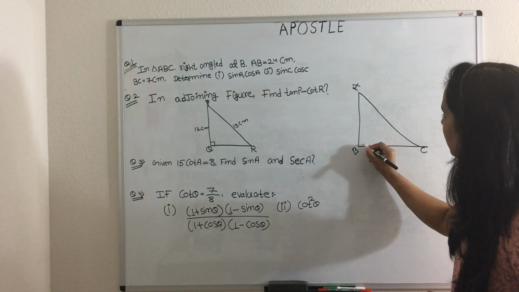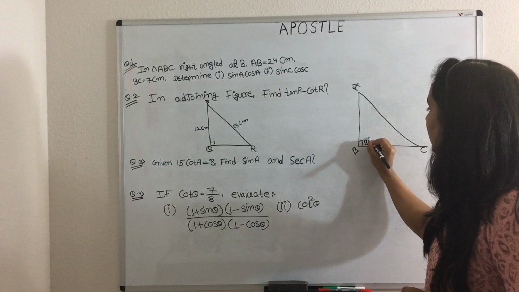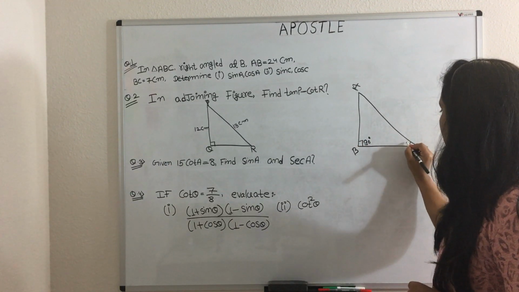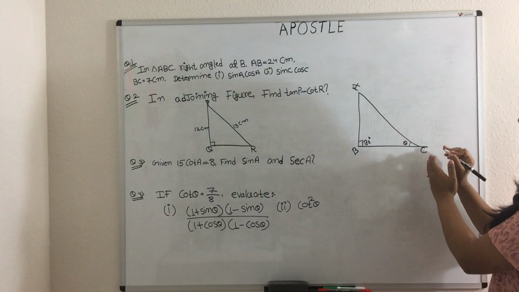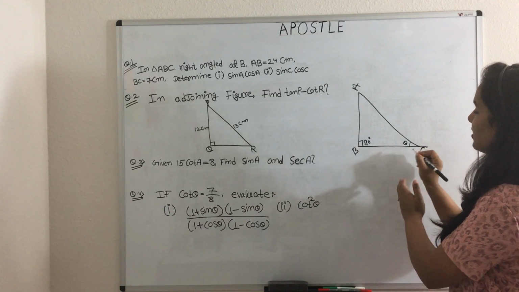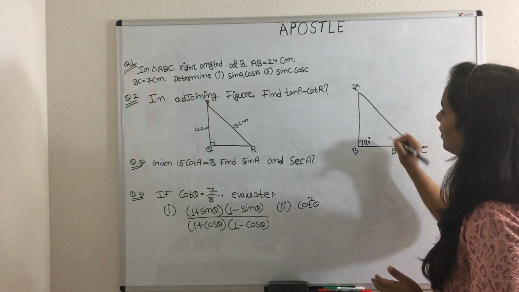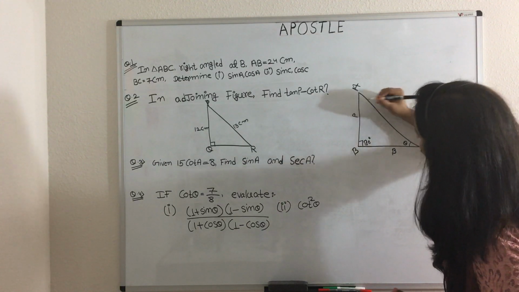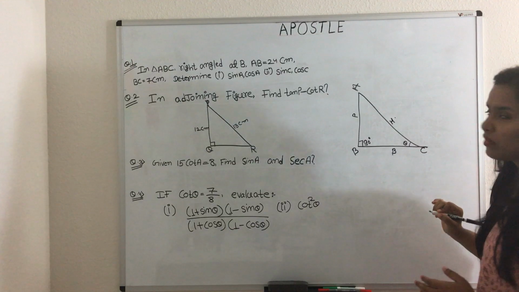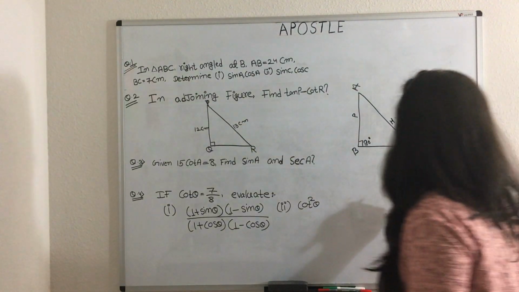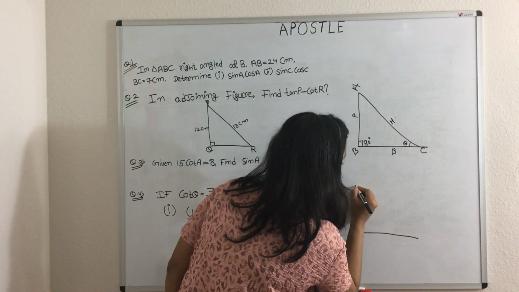In this right triangle, we consider angle B as 90 degrees and our theta is at angle C. If our angle is at position C, then our base is the side adjacent to the angle theta, our perpendicular is in front of angle theta, and the hypotenuse is always fixed. Now we are going to consider another triangle ABC.